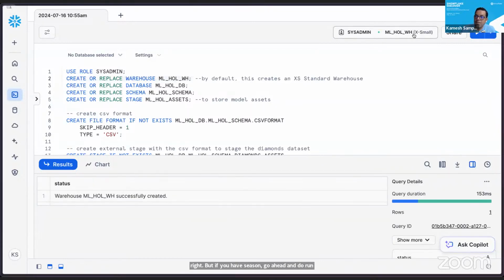And obviously now, if you see this, I created this warehouse, and this warehouse by default becomes my default warehouse to run these commands. And again, the role that is used to run these worksheets. Again, this is a very common hiccup that you might hit the moment you start to use Snowflake. If you're not on the right role, like sysadmin or whatever role we say in the quick start, you'll always get object not found, function not found, etc. These errors mean that you're not on the right role. Make sure that you are on the right role as instructed by the quick start or the guide that you're following.